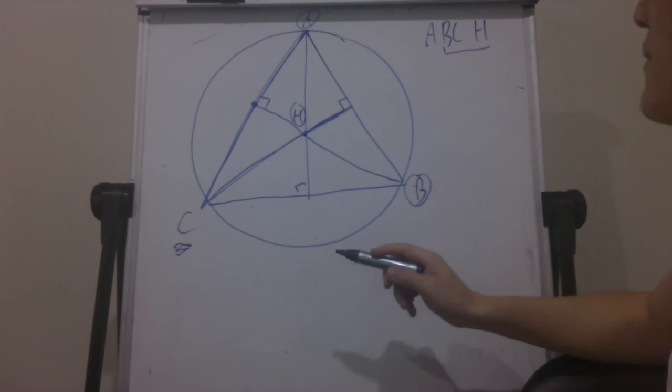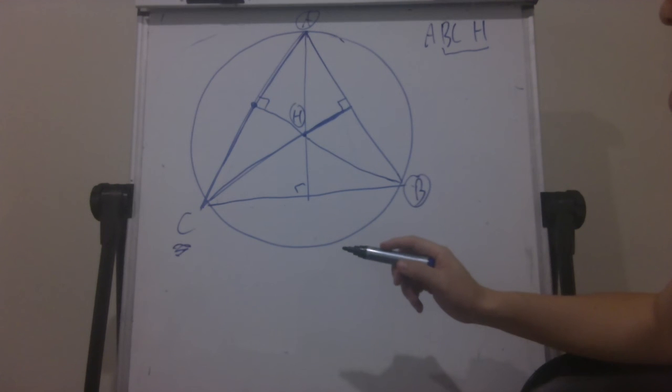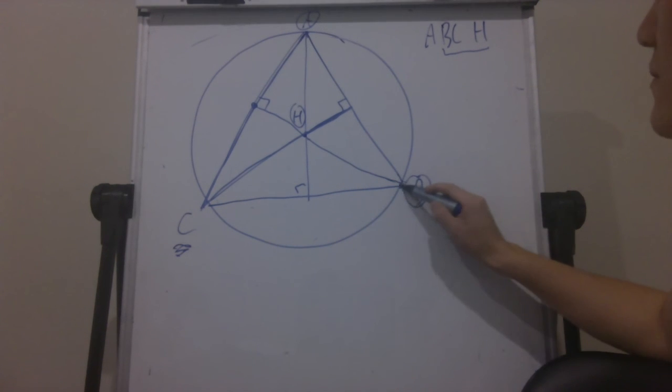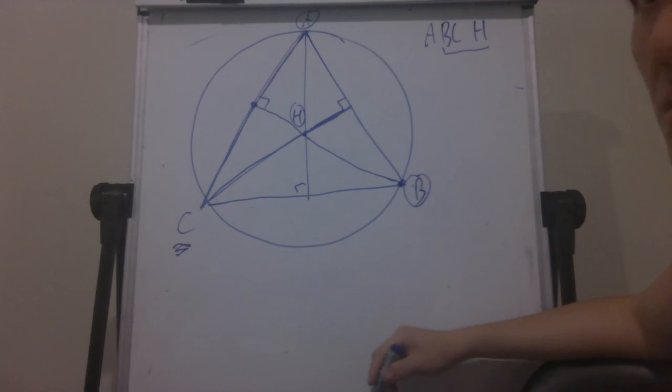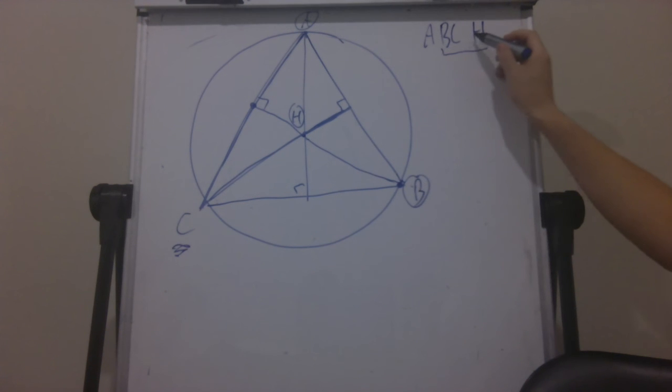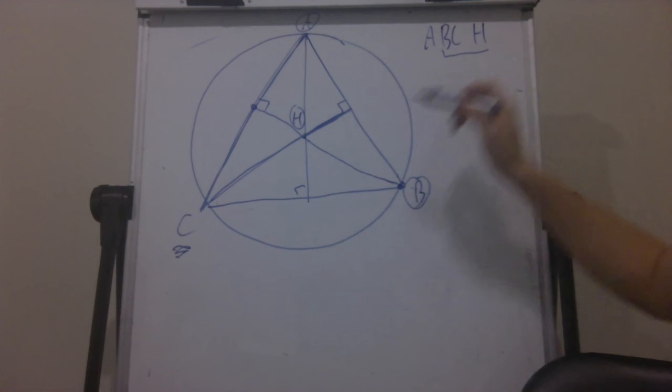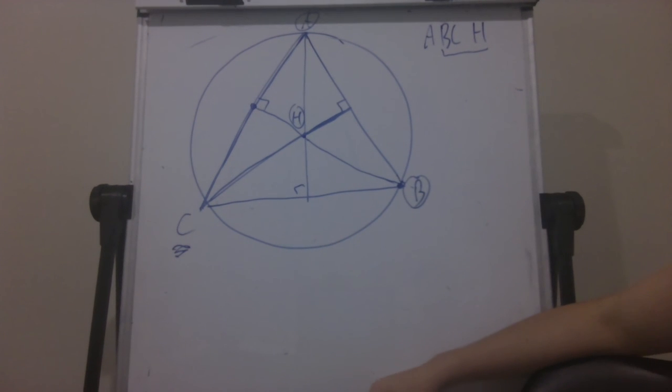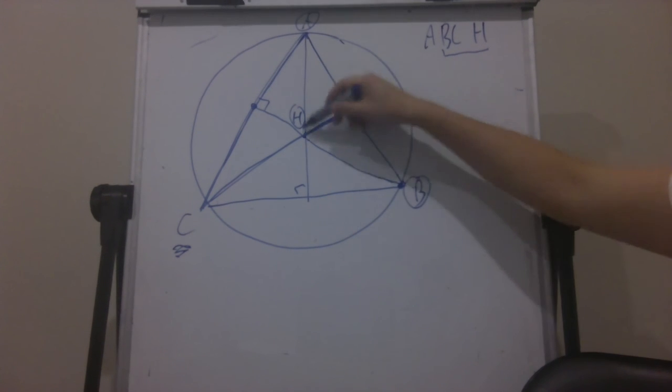Does that work for every triangle? If H is the orthocenter of ABC, then each point must be the orthocenter of the triangle formed by the other three points. If you delete one letter from these four letters, the triangle has the deleted letter as its orthocenter. It works even for obtuse triangles.